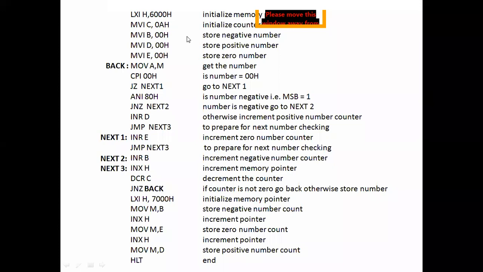Then we are using the B register to store the negative number count, the D register to store the positive number count, and the E register to store the 0 number count. First of all, we copy the number into the accumulator. Once we copy the content of the memory location into the accumulator, we check whether the number is 00 or not. For that, we will be using an instruction,